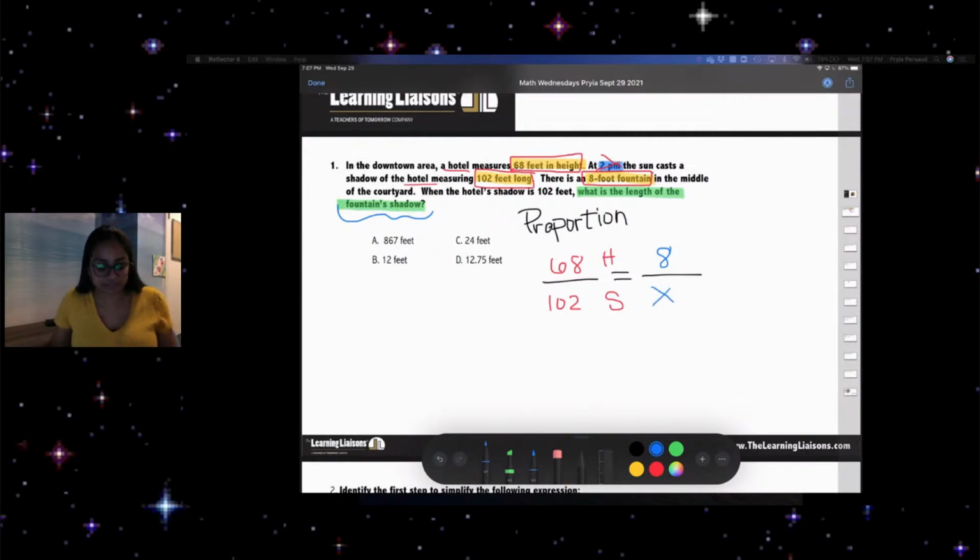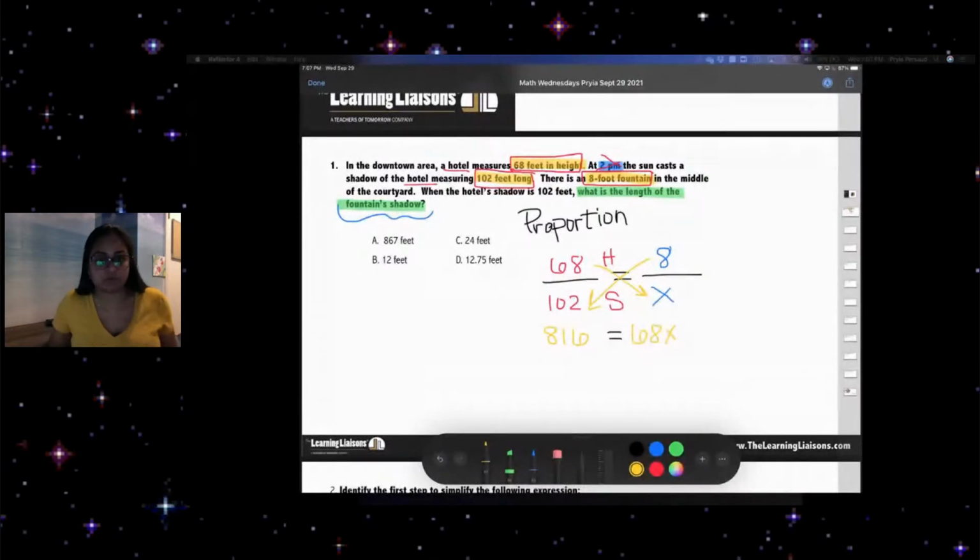All right, ready? Get your little calculators. Large calculators, small calculators, get them out. Don't cheat. Sometimes you know math without realizing it. But let's go ahead and solve this together. I'm going to cross multiply, which means I'm going to start from the top of a fraction and multiply to the bottom of the opposite fraction. So we're going to do 8 times 102. We have 816. That is equal to 68 times x, which is just